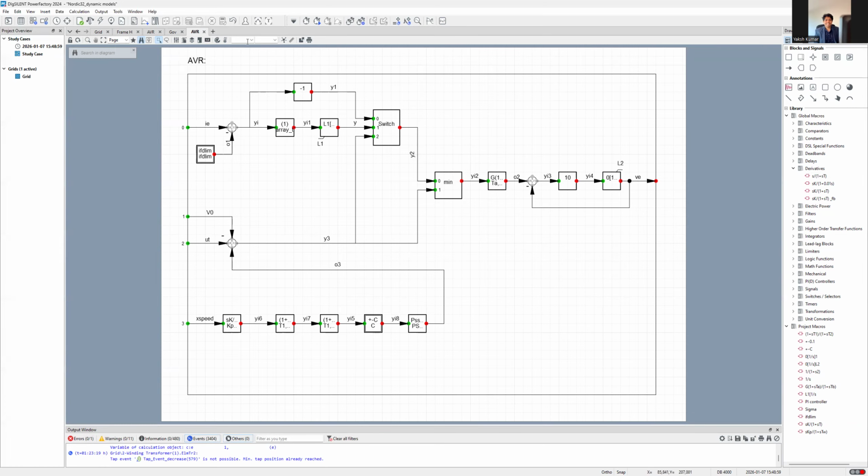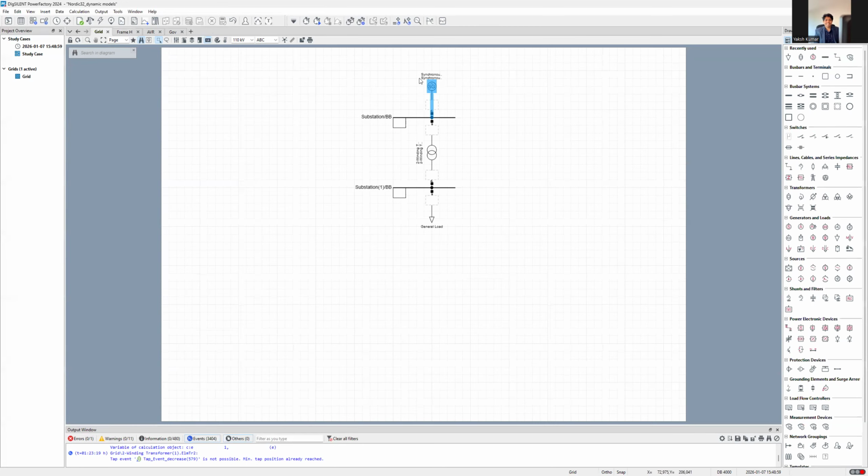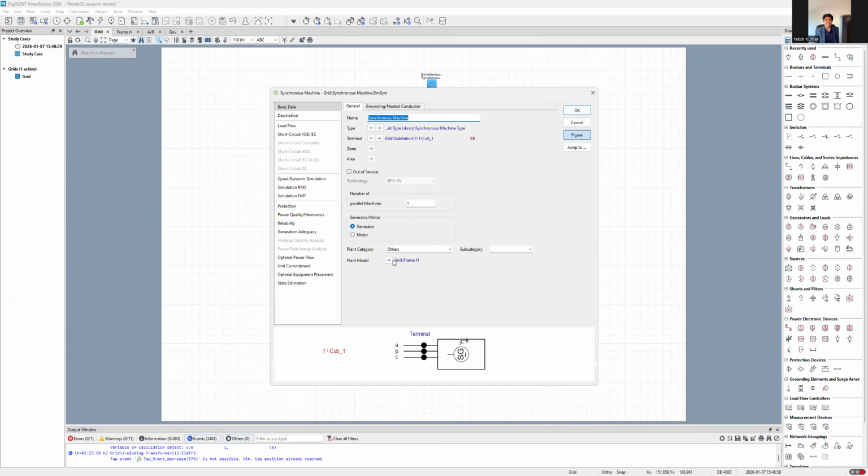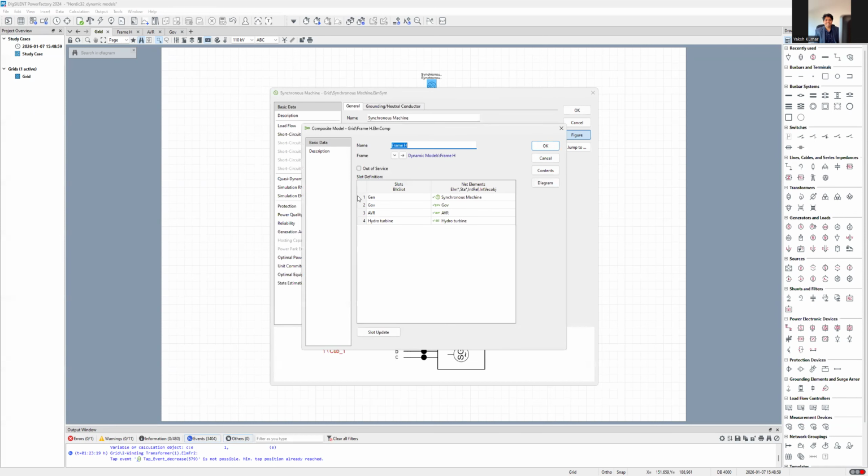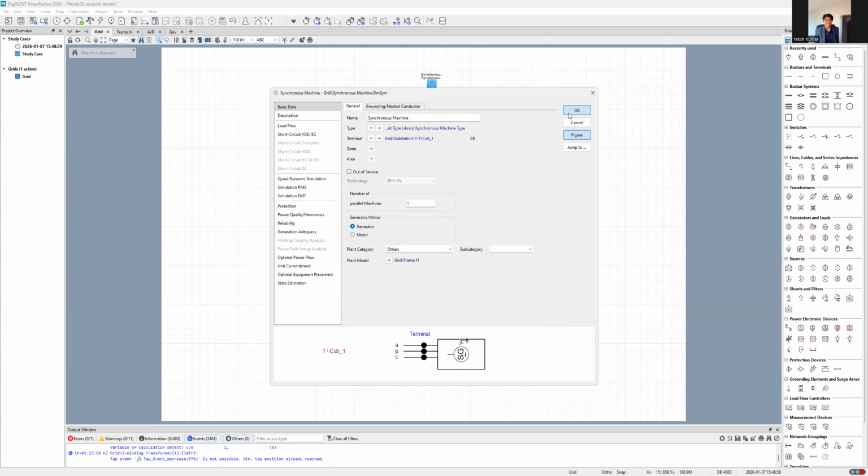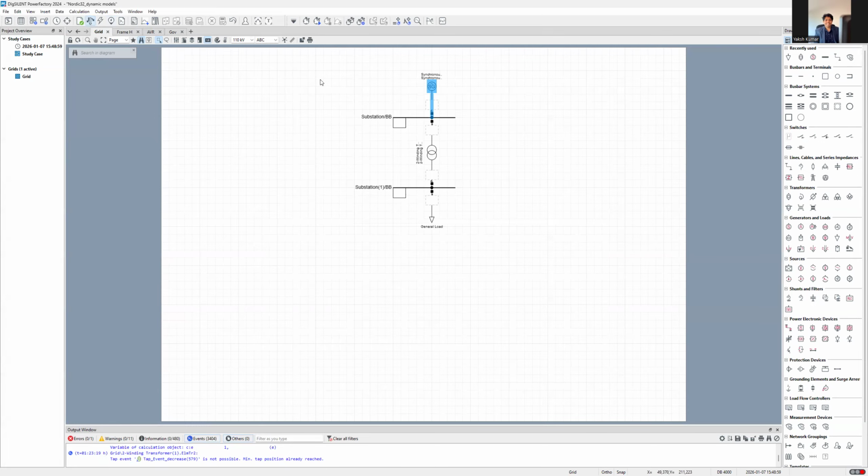So perfect, it's done. Now my plant model is completed. I created this frame, which has four slots: generator, governor, AVR, hydro turbine. I use the dynamic models from my project library. Okay, and I can just check whether